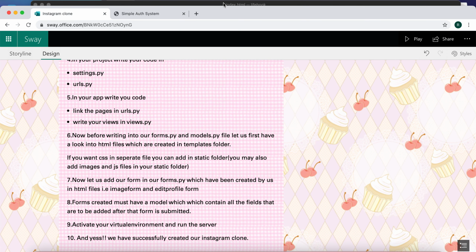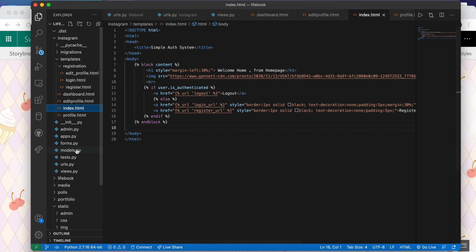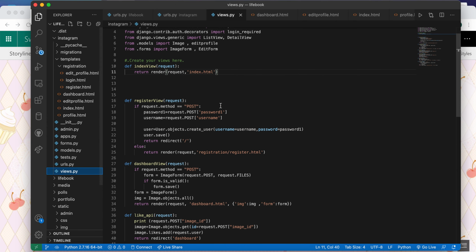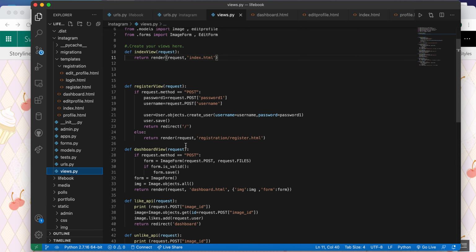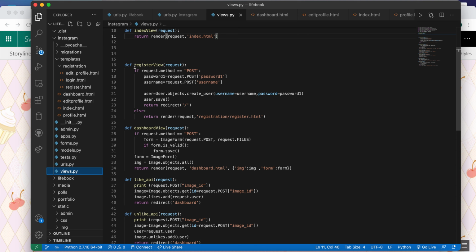Okay, so before moving to that, let us first complete our views and URLs things, and then we'll move on to forms.py and so on, right? So the thing is, I was discussing views. We'll come to these files also, but let us first complete these views. So in this way only I've defined the other views as well, like the register view.